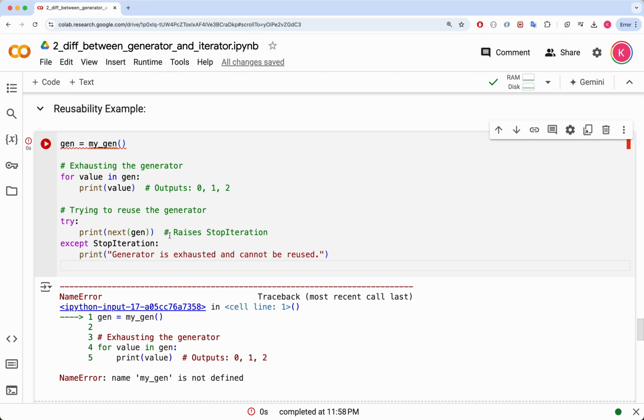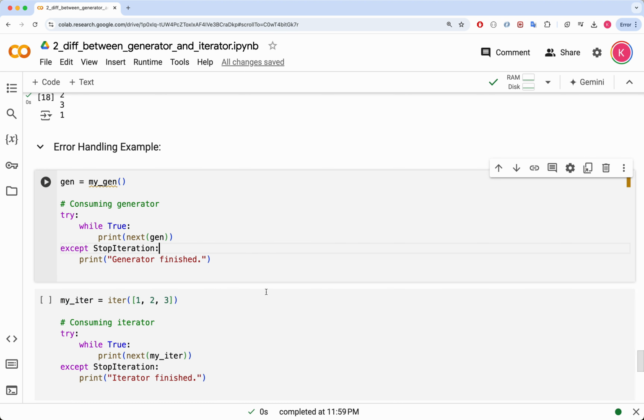Generators produce values one at a time, and we can consume them using next. But unlike a list where you know how many items there are, a generator produces values dynamically, so we need to handle when it runs out of items. We are using a while True loop to keep calling next(gen) to consume the generator. It will keep yielding values until it's exhausted. But once the generator has no more values to give, it raises a StopIteration exception, which tells us that